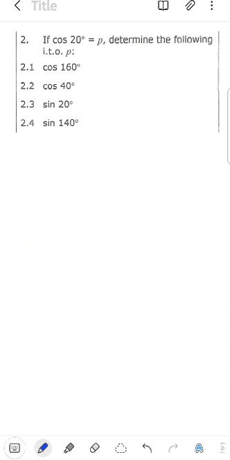In this case, our diagram is always in quadrant number 1. So our diagram will always be in quadrant number 1, where we have our angle 90 here, and then our angle will be from here to here, where this angle will be 20 degrees. And then if here is 20, then at the top the angle here will be, remember,